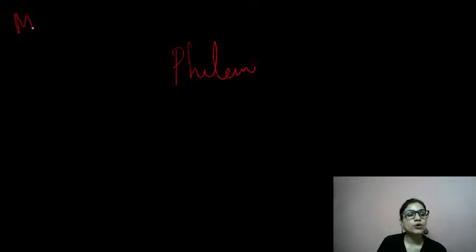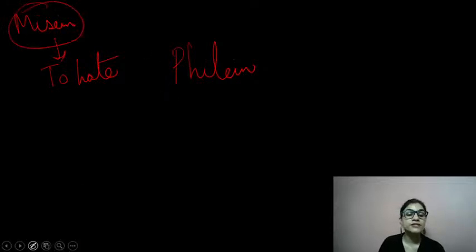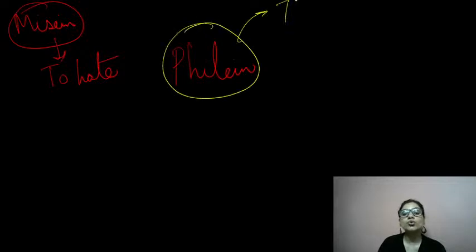अभी अगर याद हो हमने मिसेन की बात करी थी. मिसेन का मतलब टू हेट था, ठीक है. Person who hates women is a misogynist. Person who hates marriages is a misogamist, right? Person who hates males is a misandrist. So all these words, they come out of misein, right? Similarly, we have this term, which is actually a pretty term, called philein. Philein means to love. This is to love, right?